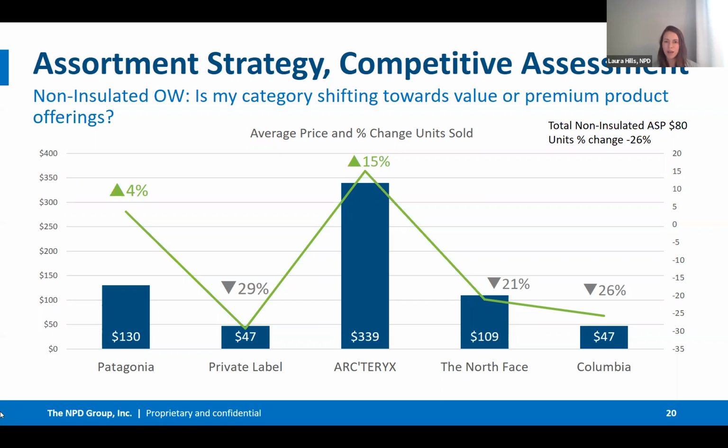So looking at what's happening at the brand level here, because all outerwear types were contributing to the total outerwear declines, one might suspect that most top brands among those segments were also sharing in those losses. However, looking at the brand performance, this is really not the case in non-insulated shells. And when we chart units sold percent change against the average selling price, we can quickly answer the question from the beginning, before we started: is my category shifting towards value or towards